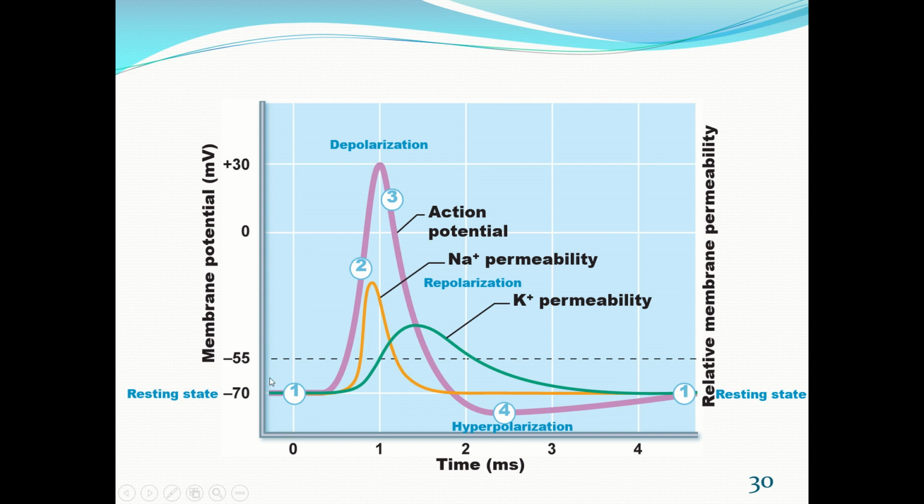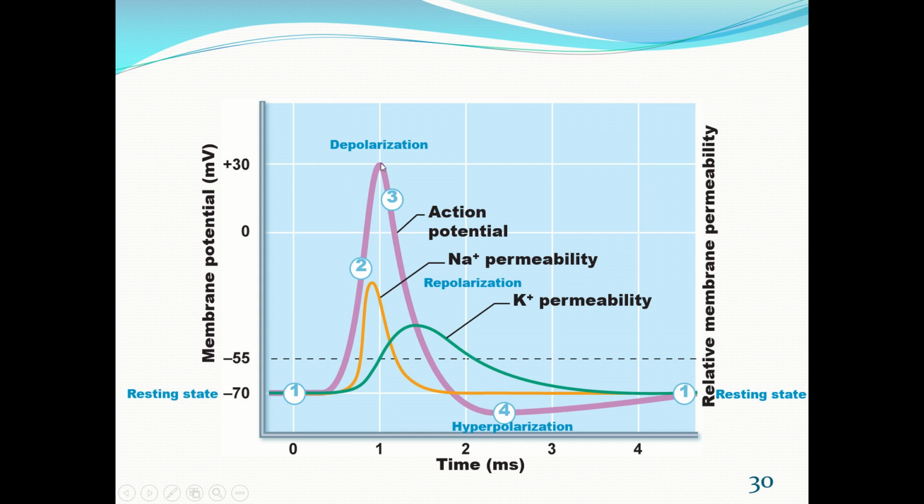Okay, so let's look again. This is one you have seen. It actually follows the sodium and the potassium permeability. So this one was shown in the muscle chapter that shows that as we go towards threshold, the sodium permeability is increasing and sodium is going into the cell. That's going to bring us to that negative 55 millivolts. If it does, then sodium just floods into the cell as voltage-gated sodium channels open,